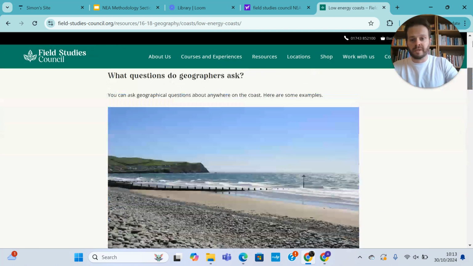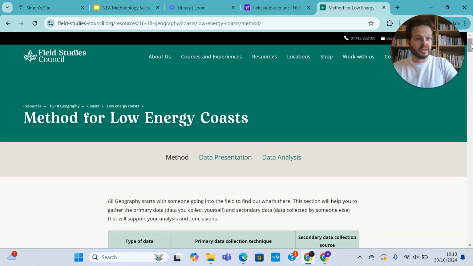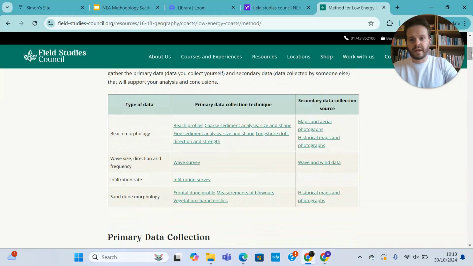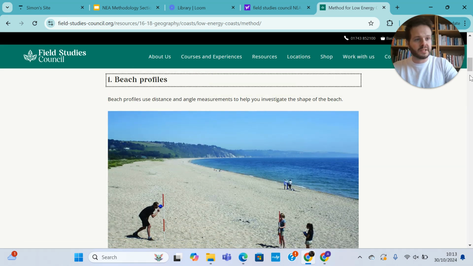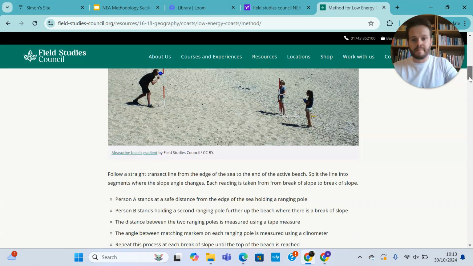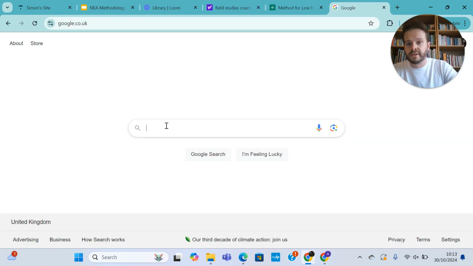And I know that I'm going to be doing some kind of investigation that involves beach profile. Click on the method thing there. Right, beach profiles. I'm going to go down to that. There we go. Okay, so it will take you through the step-by-step method. There, can you see it just there? Takes you through the step-by-step method by which you will collect this data. Okay, it's very simple for the physical ones. All right, so you need to think about any other data, any other bits of explanation that you might need for that. The other really good one that I discovered,